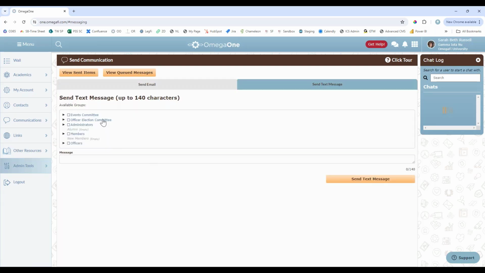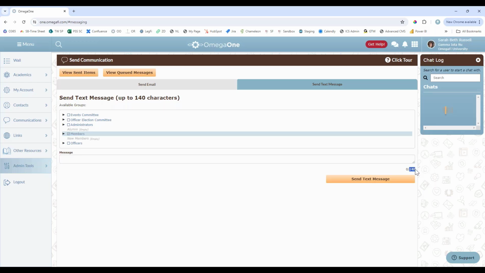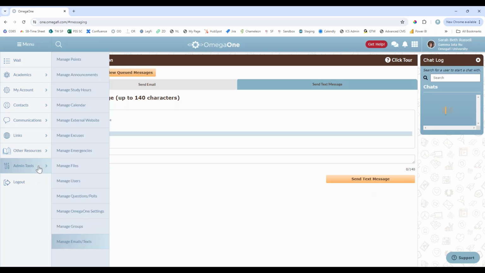Whereas with the text message, you don't have as much flexibility. This is more if you want to send something out really quick, a quick update, maybe something changed for an event, and you just need to send a text, like, hey, we don't actually need everybody at 1, you can arrive at 1:30. You can send the text to your members, and you are only allowed 140 characters on that. So just keep that in mind. And those you can't queue, those will automatically send in the moment. So that is your communication tools here.